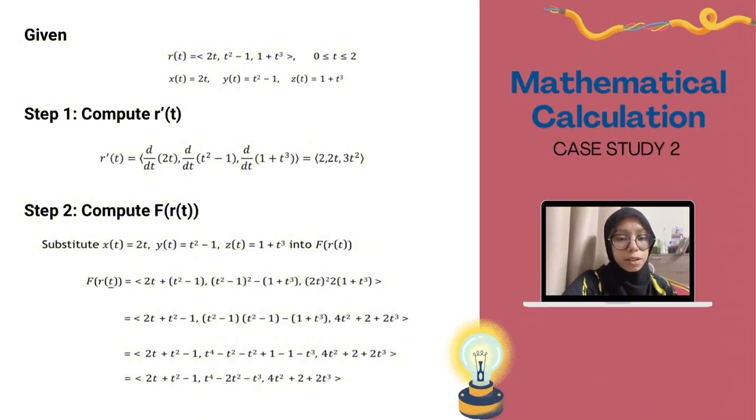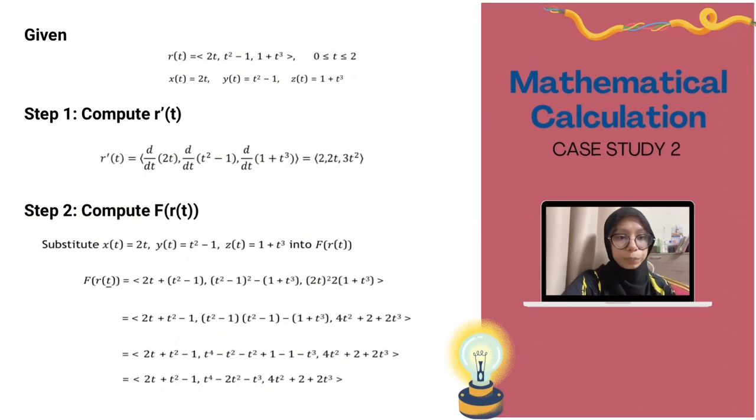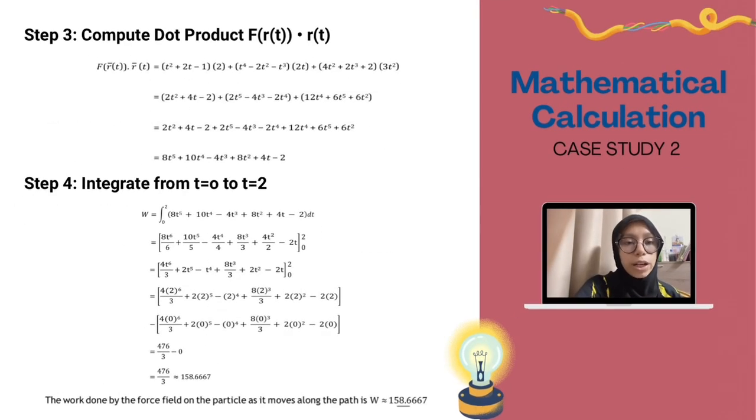We substitute x(t), y(t) and z(t) into the F(r(t)) formula and we get 2t plus t squared minus 1, t to the power of 4 minus 2t squared minus t cubed, and 4t squared plus 2 plus 2t cubed. Step 3, compute the dot product F(r(t)) dot r prime of t, where we get 8t to the power 5 plus 10t to the power 4 minus 4t cubed plus 8t squared plus 4t minus 2, and we integrate this equation from t equal to 0 to t